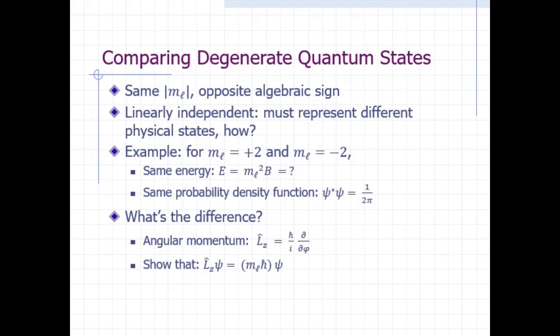Before we move on, here's a quick review question about commuting operators and the uncertainty principle. Given that the complete set of eigenfunctions we obtained for the Hamiltonian operator are also eigenfunctions of the Lz operator, would you say that the Hamiltonian operator commutes with the Lz operator? Recall that if two Hermitian operators have a common complete set of eigenfunctions, then we can prove that they commute. Yes, the Hamiltonian and Lz operators commute. And we can see that it is possible to precisely measure both energy and the z component of the angular momentum at the same time.